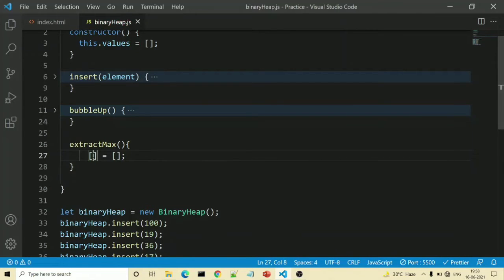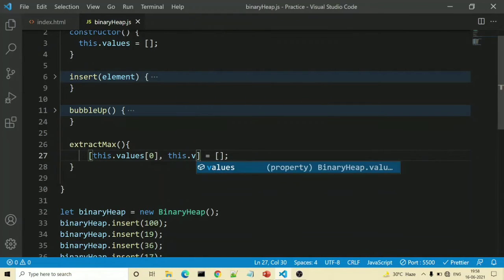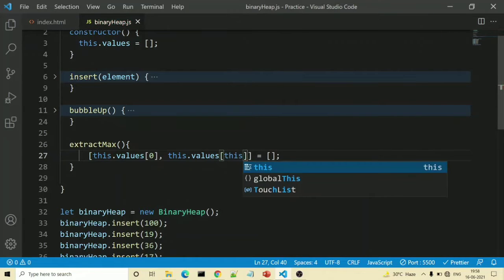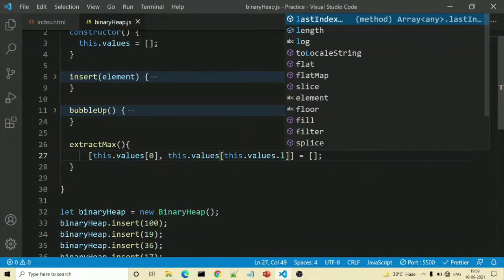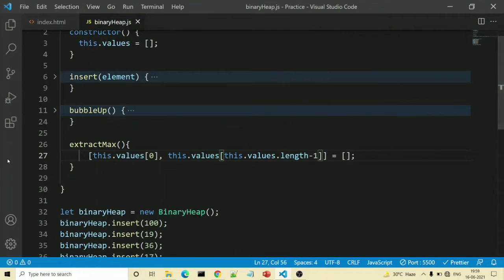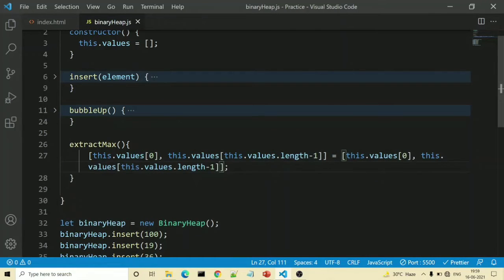Inside that we will write this.values at index 0. I want to replace my value at the 0th index with the value at the last index. This.values, inside that this.values.length minus 1. And the same thing I will copy on the right-hand side and change the sequence, so this will come at the end. With this, our values will be swapped.